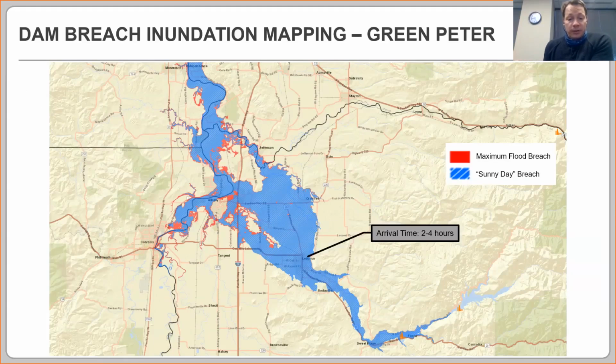So here is kind of a preview, or this is an update. This is a sample example zoomed out of what the inundation mapping will show for one of these unlikely scenarios of a dam breach of Green Peter Dam. And you can see there's two different scenarios here, one in red, which you can see in the background, and one in blue with this hatch, which is a sunny day breach. So this is when, if there was a catastrophic failure of Green Peter Dam at its maximum summer pool elevation, that inundation is shown in blue, and you can see it's quite widespread and quite devastating,